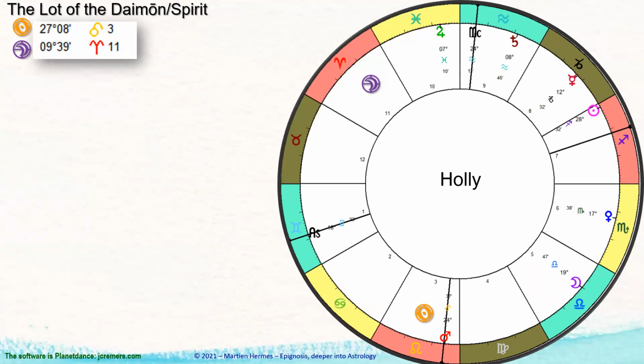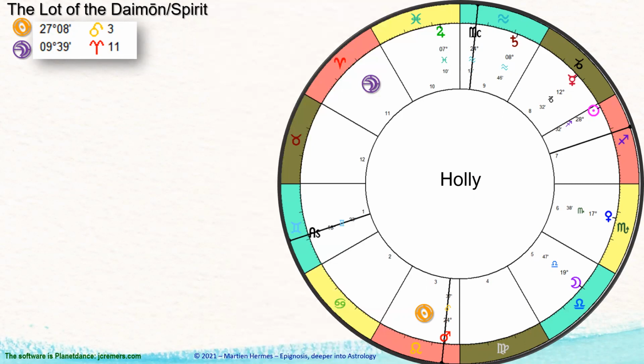So, okay, this is the chart of Holly. And you can see that the lot of fortune is in Aries, in the Ram. I will be using Hellenistic speech to refer to the images, these signs, but I will also try to use the modern language. But there is a strong tendency when you're following Robert Schmidt's work in astrology to try to use the ancient words for all these astrological factors. So I will try to do that, but I will also use the modern equivalent of them.